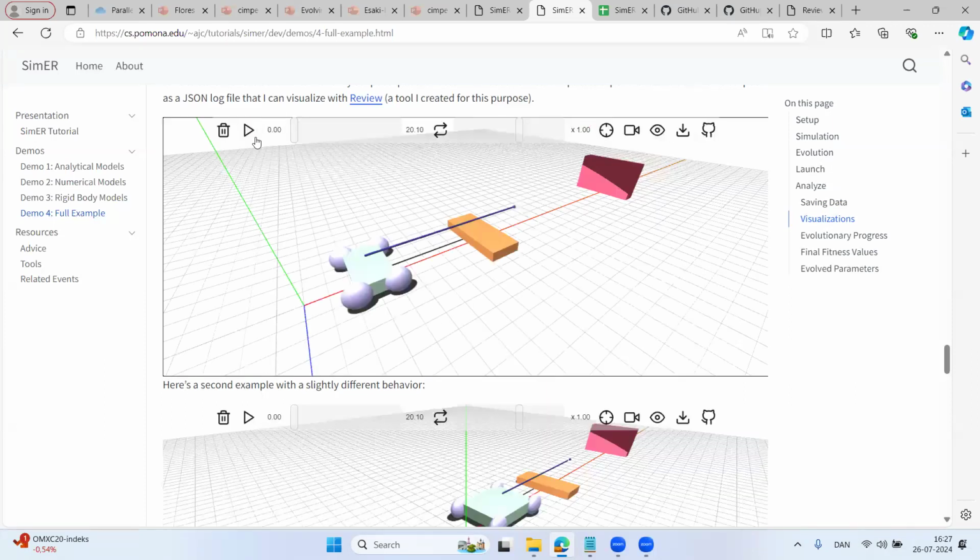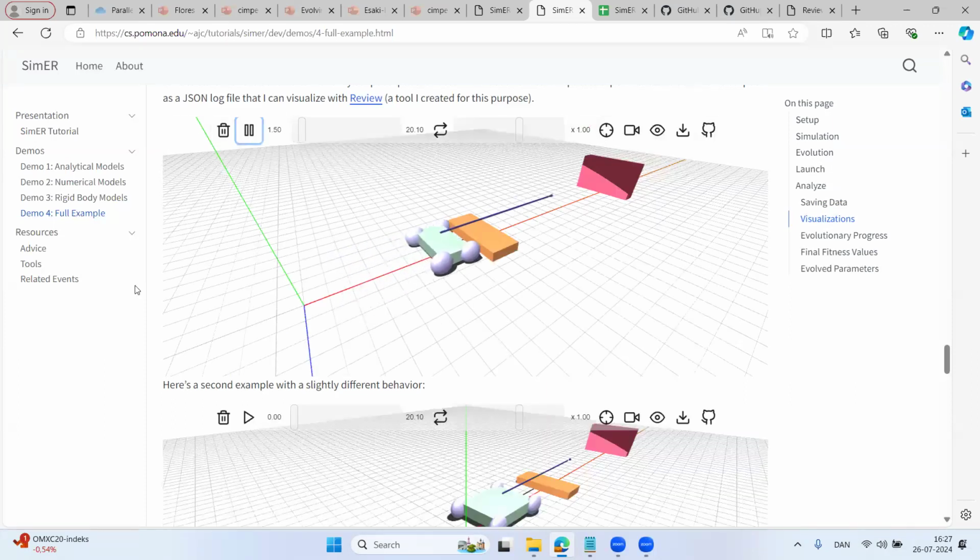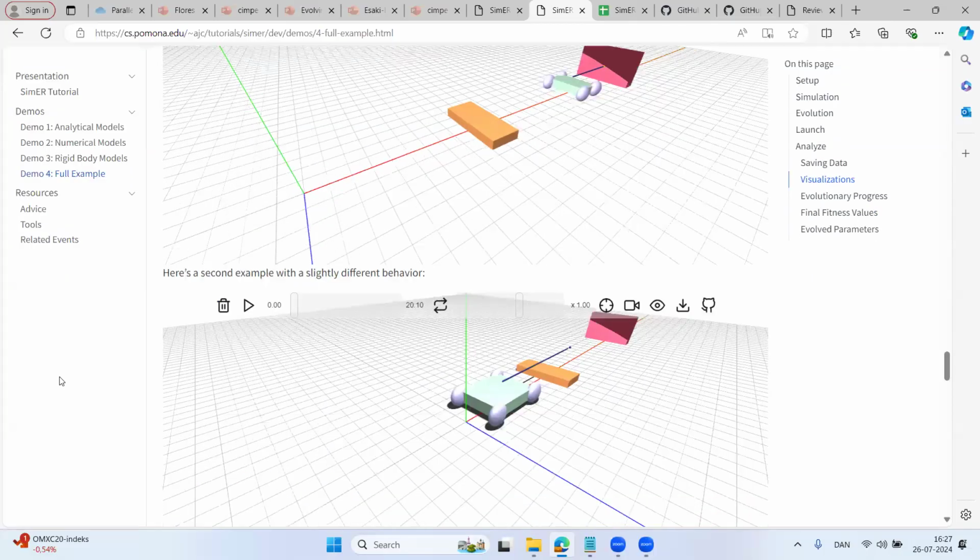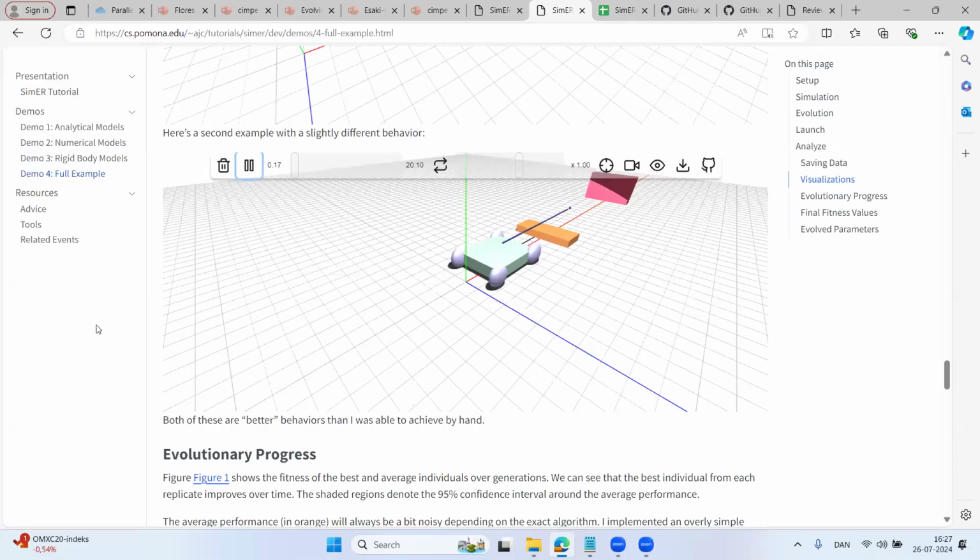So here's one optimized behavior. Oh, and you can even see I use full spheres as a reminder to myself to tell you that I use spherical wheels instead of cylinders, for example. One optimized behavior, nothing overly groundbreaking in the results here. I think one of these teeters back and forth a little bit. Yeah, that one almost touches the wall, then hovers backwards. You can see that you do get slightly different behaviors here.